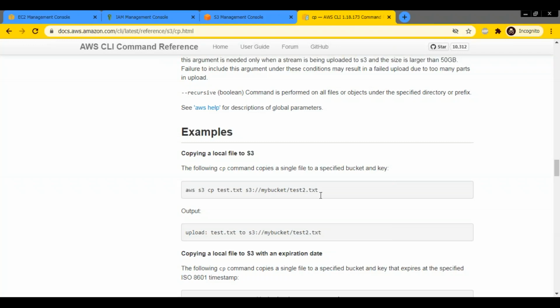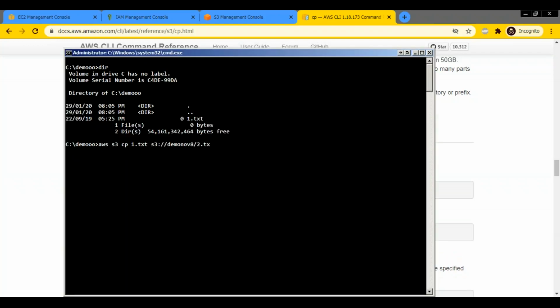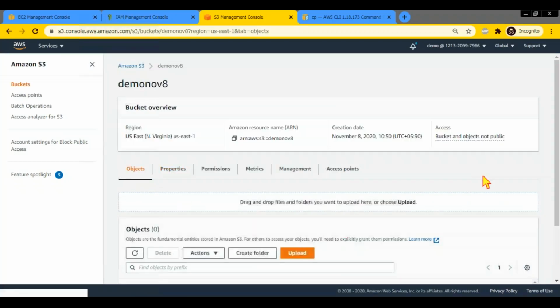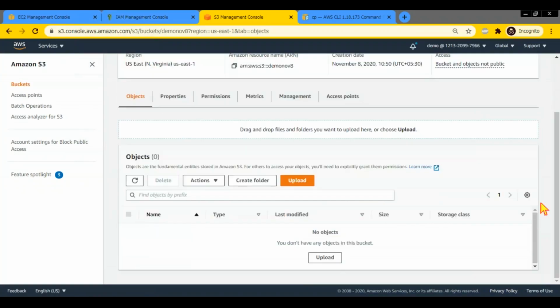But from the CLI, you can upload the file with a different name also. If you don't specify the name, it uploads with the same name. Now if I execute this command, what happens? Let me open this bucket. Currently this bucket is empty.